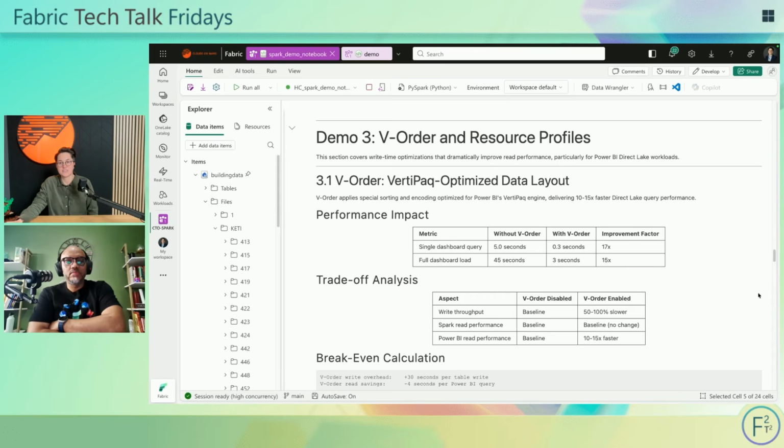V-Order is a compaction algorithm. It's making sure that the data is reorganized in the lakehouse, in Delta tables, optimized in a way that the VertiParquet engine, so the engine reading from Power BI, can read that in the most efficient way. So same data, different layout, but not for us, basically for the lakehouse, and it's running faster. But this is very important: if we read the data from Power BI, make sure you enable V-Order,